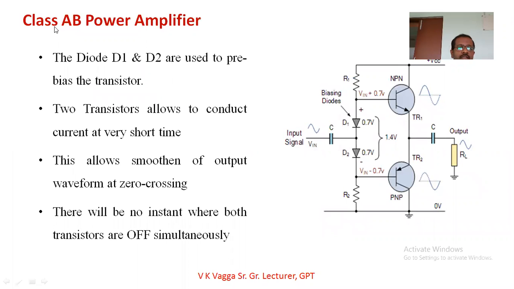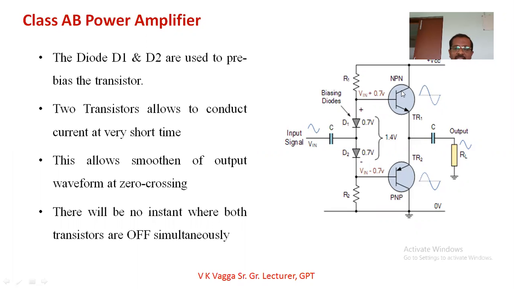If you take the class AB power amplifier circuit diagram, this is the circuit diagram of the class AB. Already you know about class B. It is a complementary push-pull amplifier. How the class B complementary push-pull amplifier circuit diagram was, in the previous class: the upper part makes use of the NPN transistor, and the lower part makes use of the PNP transistor in the